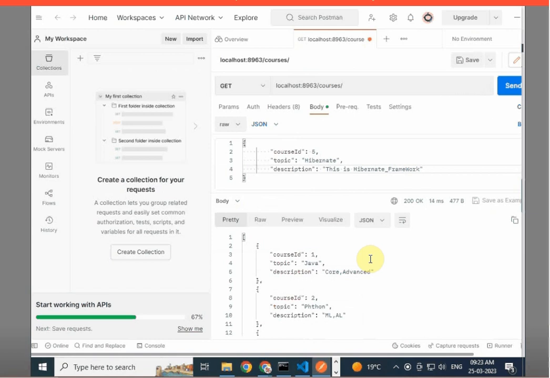Now guys, we are going to add data to the course.